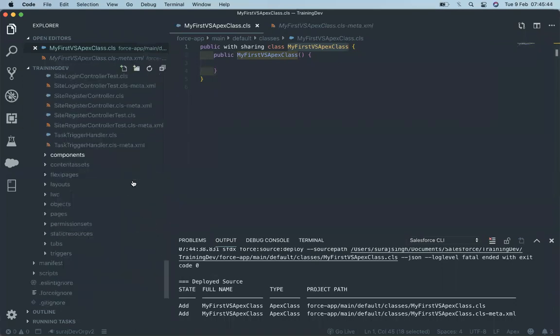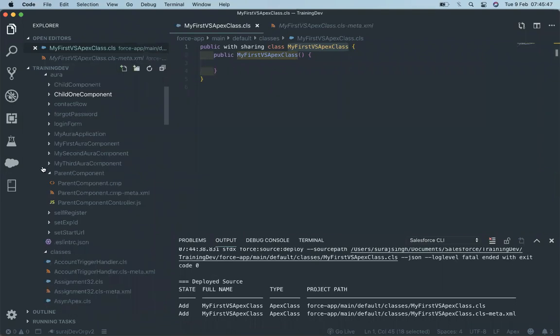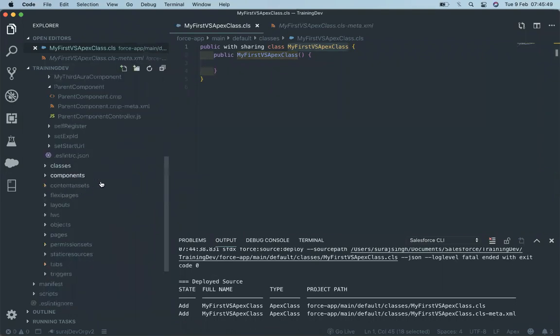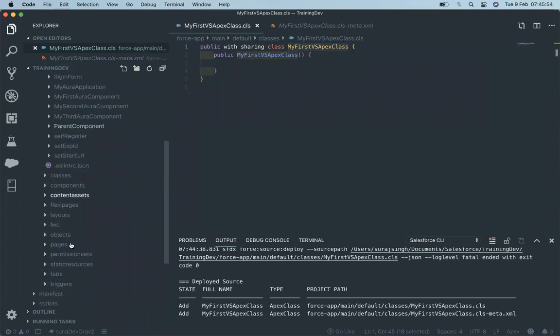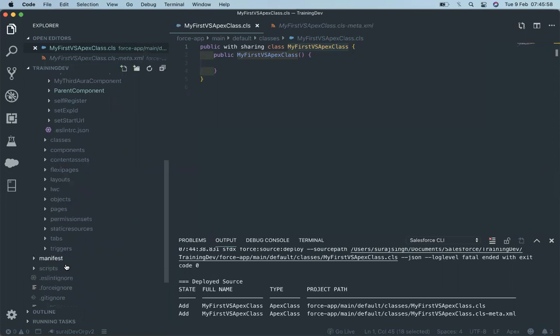Okay, so this is the way we are working with VS Code, and how VS Code is working with Salesforce. First we have to retrieve the package so that we can get the configuration and all the basic metadata for doing the deployment and working with Salesforce. If you've not done that, there's no issue.